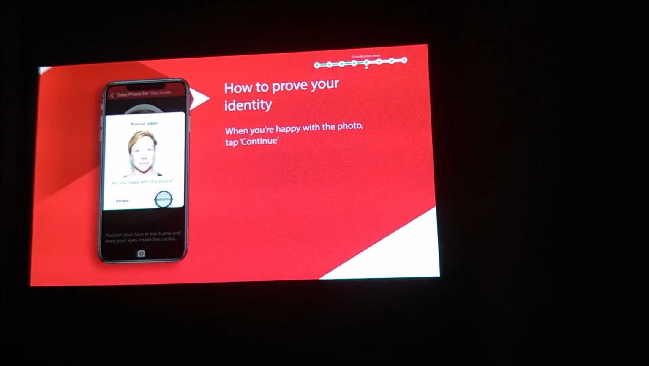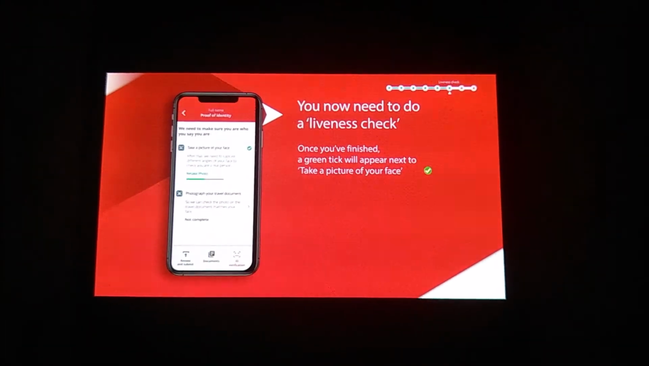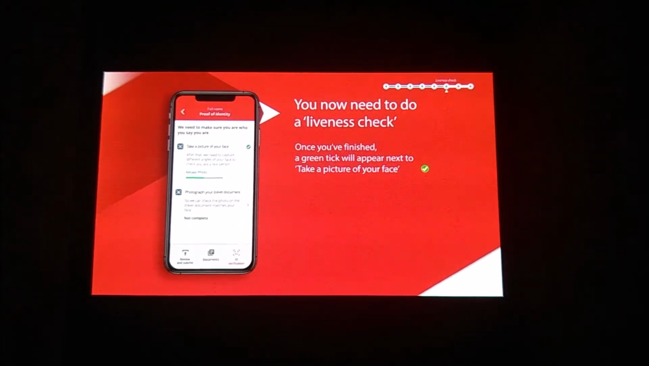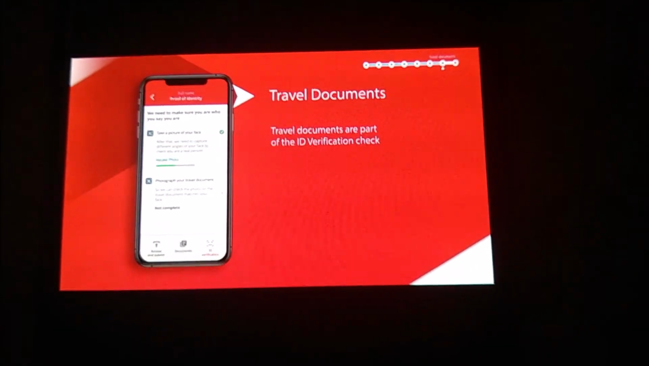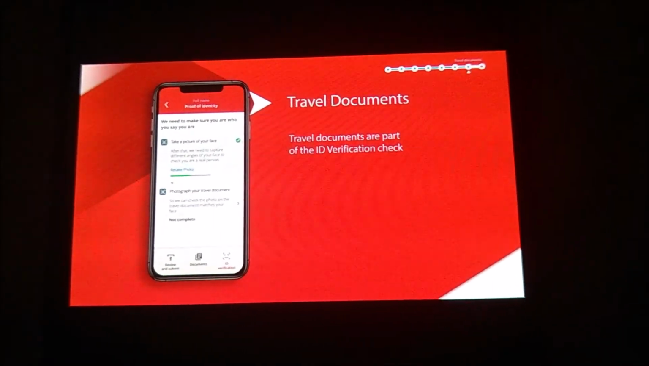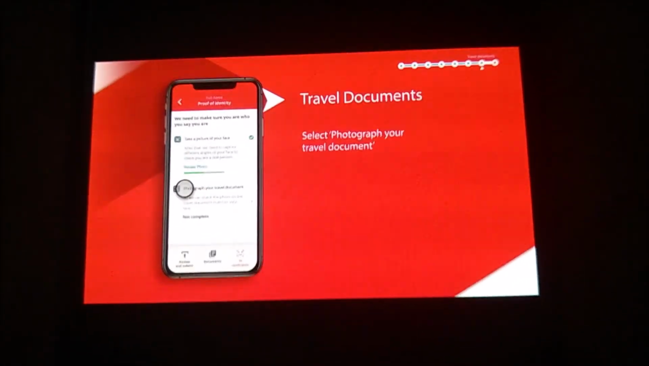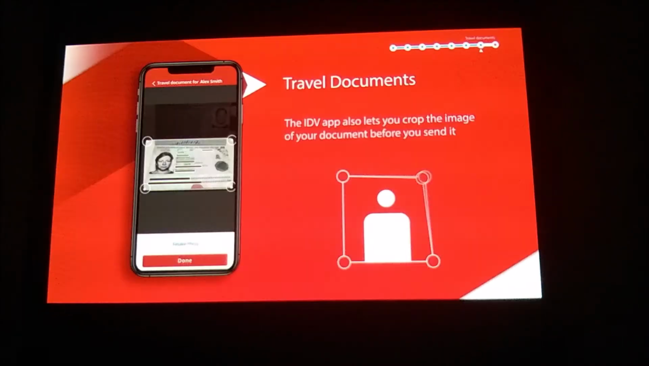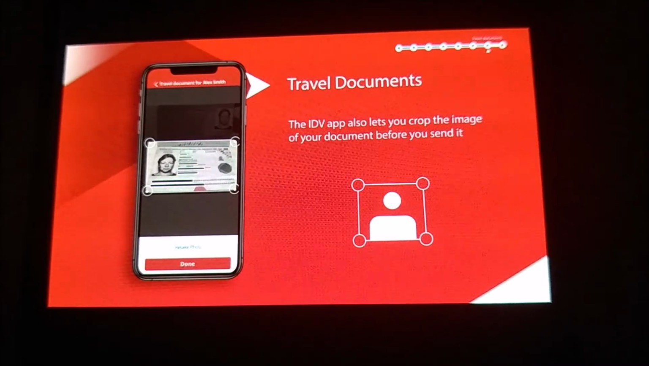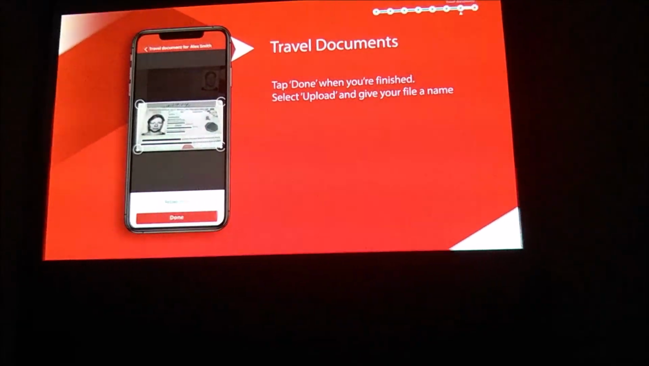And once you have finished the upload photo, then you have to upload a travel document as well for the photo verification. You can upload your passport there, and you can take your photos. Again, you can upload it from anywhere, and you can resize the photo. And once you are happy with the photo, you can upload the photo. Once you're done with this, it completes almost all the process,